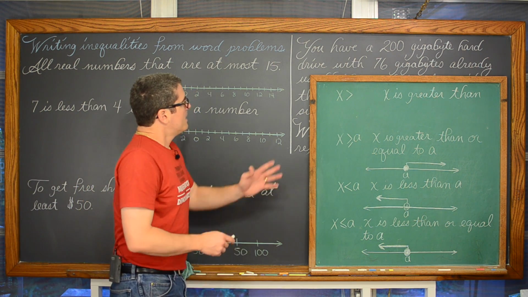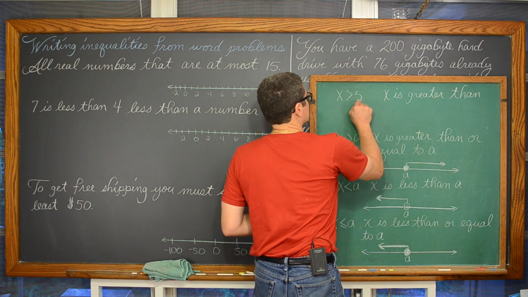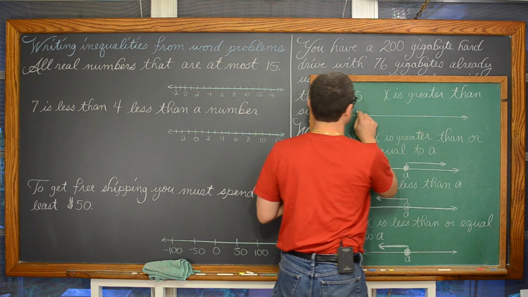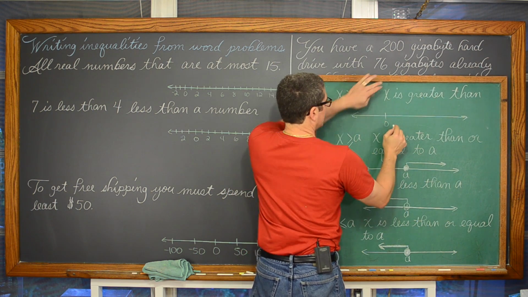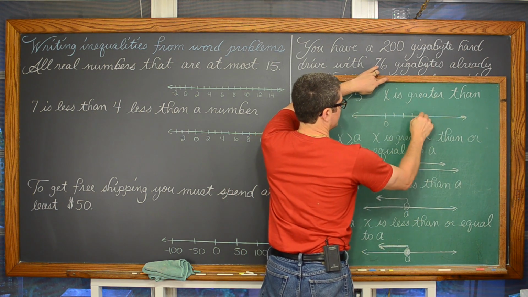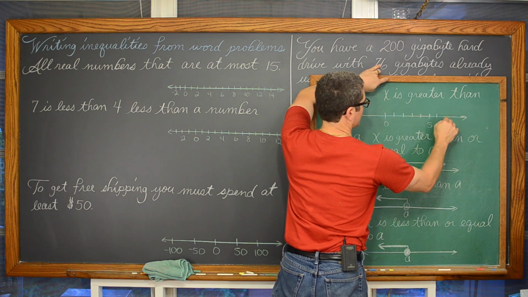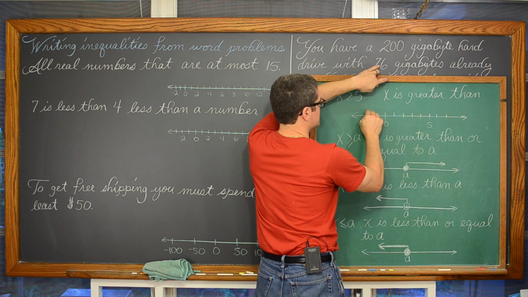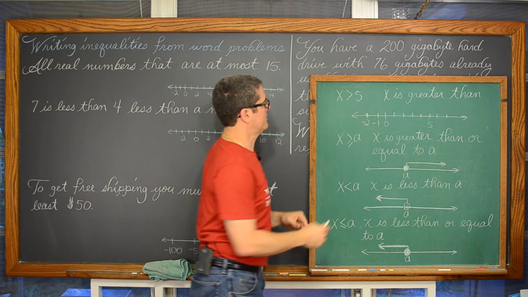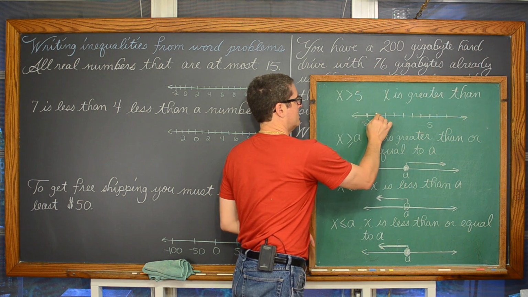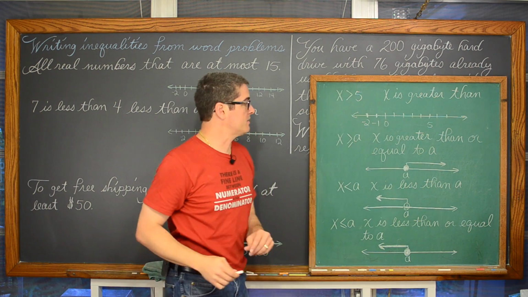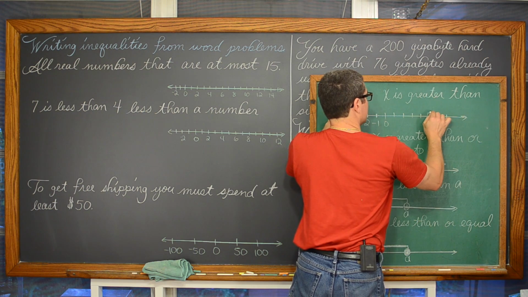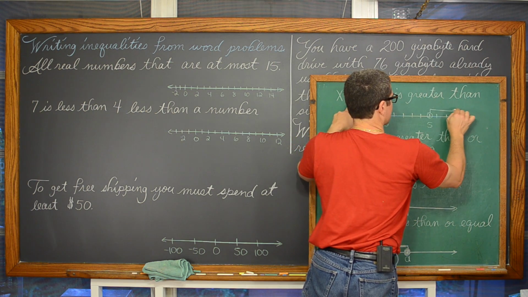All right. Now I'm going to go ahead and say X is greater than 5. Now on the number line, we're going to have a value of 0, and then 1, 2, 3, 4, 5. Go a little bit farther and backwards, -1, -2. Every one of those tick marks, perfectly evenly spaced out, needs to be representing a movement of 1, at least the way I've drawn this number line. I'm going to go ahead and put an open dot on that 5 and shade to the right, of course, just like I had with the A.